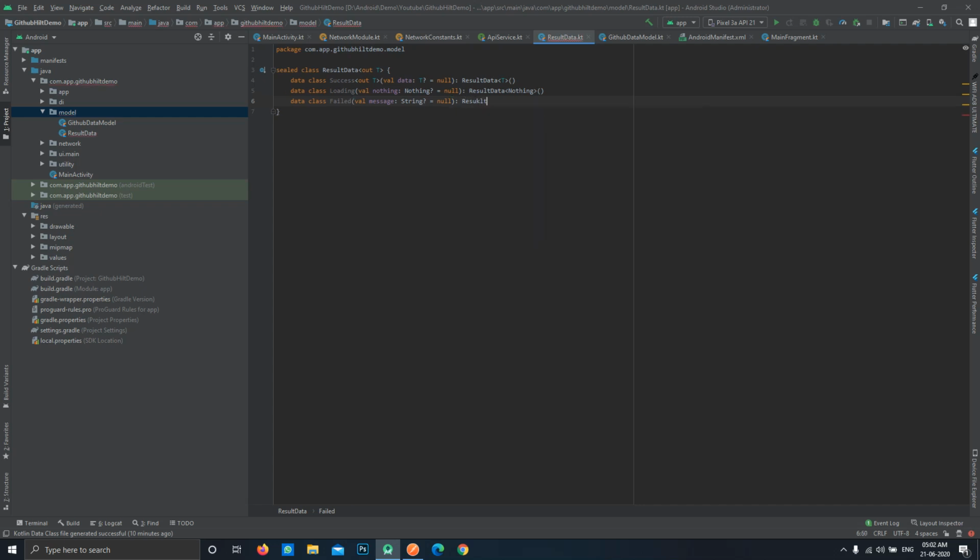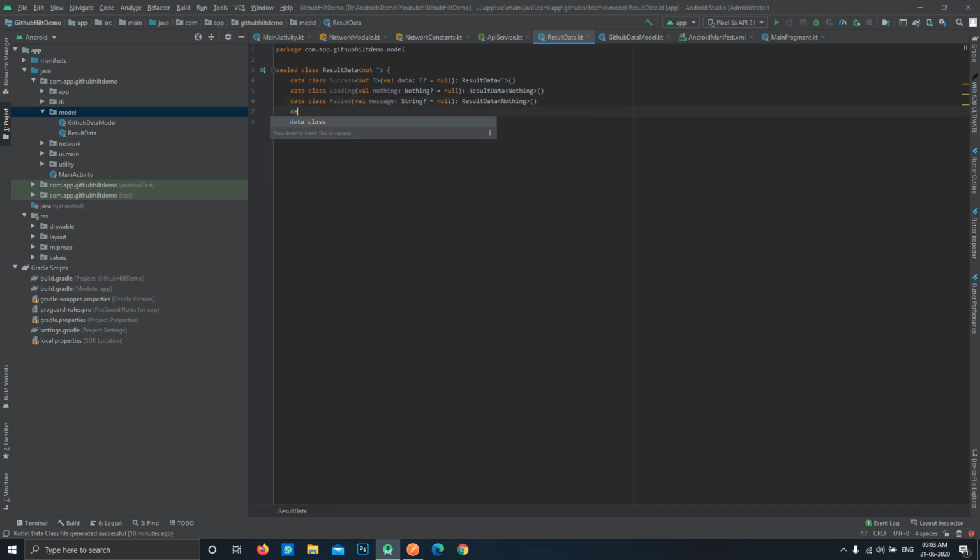Now our result data will return Nothing. You must be confused, like here we have taken string but our result data is returning Nothing. In these cases where our result data is returning Nothing, we do not need to define any specific type that it should return. But we can actually get the result from that too.